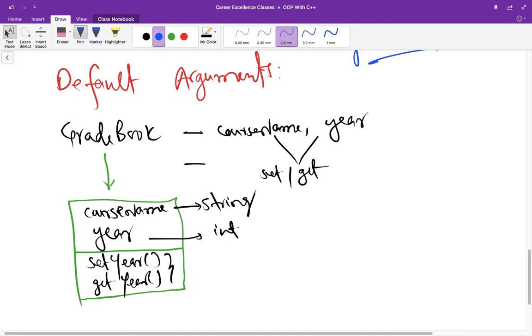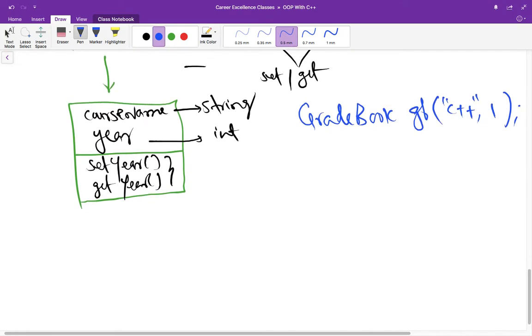So let us suppose you are creating an object of gradebook like this, gradebook GB, and then passing some arguments. That depends on the constructor and the type of argument it takes. So let us suppose the constructor is this.